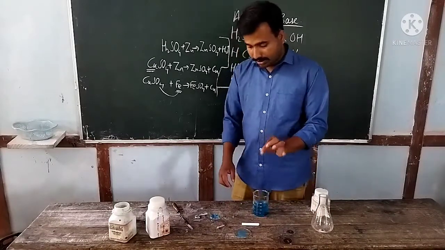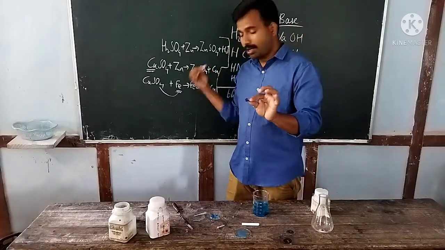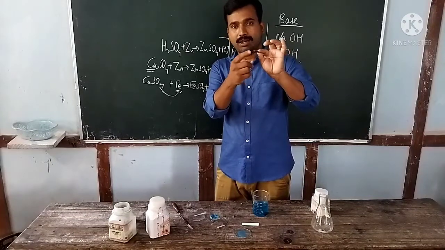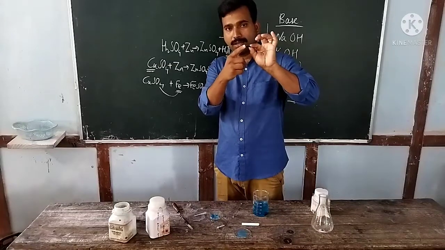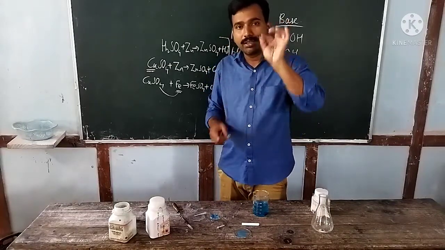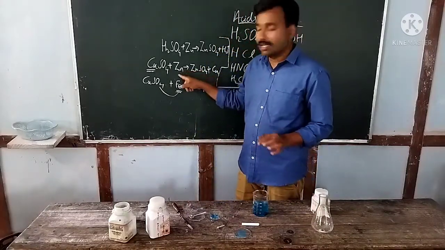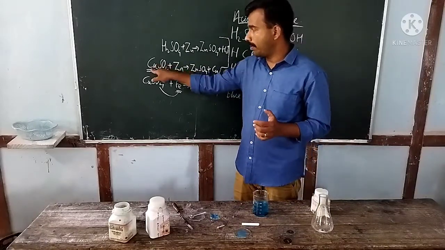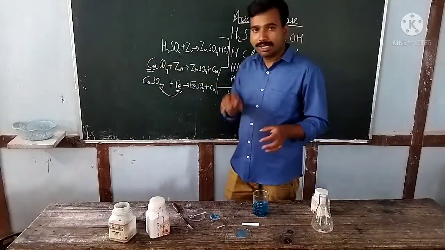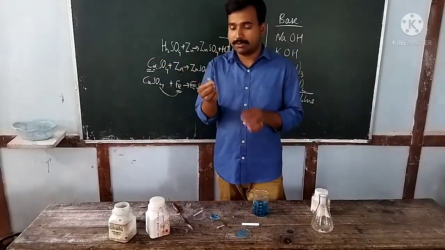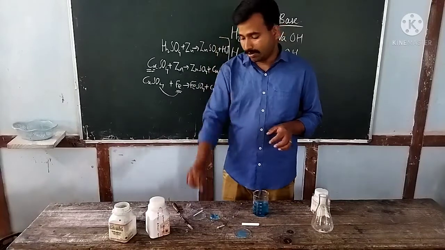See the difference in color. This is the actual zinc granule which I put in the copper sulfate solution. Now see the color of the zinc granule which I have just taken out of the copper sulfate solution. It is brownish in color. The zinc is now coated with copper, because zinc is more reactive than copper. That's why zinc can displace copper, and the displaced copper gets deposited over the zinc metal. That's why it looks brown in color. This is the original color of the zinc granule.